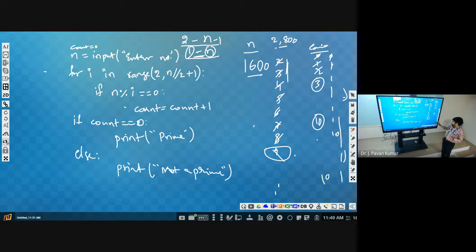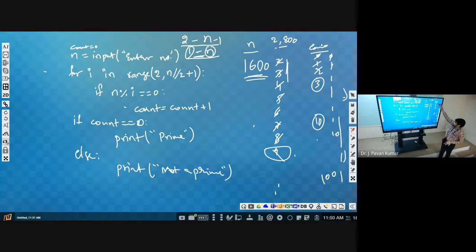It may be like 100 factors, roughly, or 50 factors. So what can we observe from these numbers, 16, 160, 1600? Whenever we find a factor, count will be incremented. Irrespective of the number of factors, if you find a factor for the given number other than 1 and itself, what can we conclude? Not a prime.